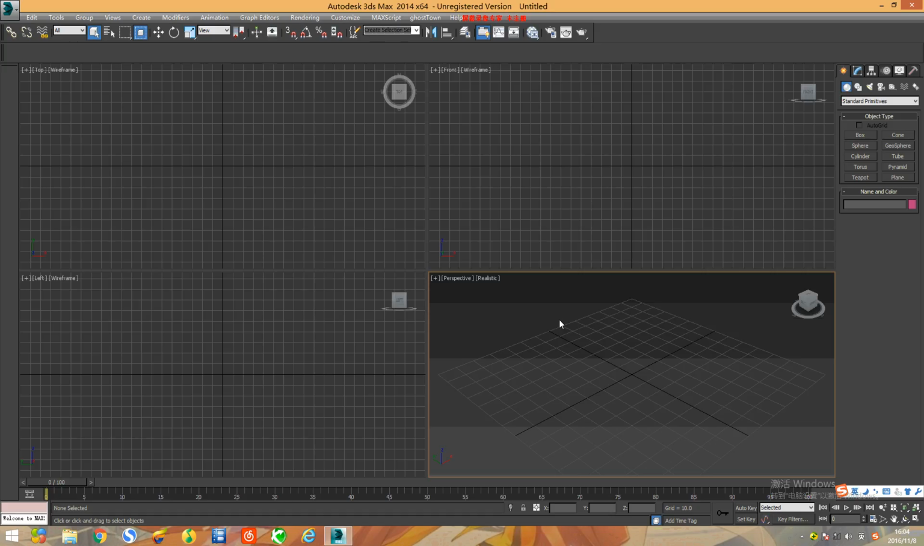Hi, this is a quick tutorial about how to use material ID to apply material in the different parts of one object. Which means we can just use the sub-object material to achieve this goal. So what we need to do here is just